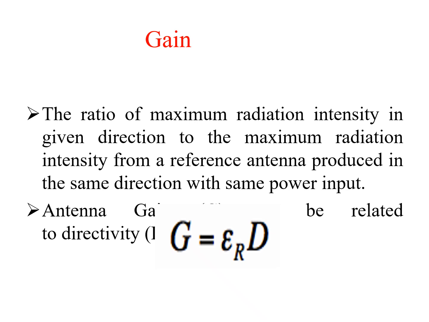The gain also is maximum in the main lobe direction. It is the ratio of maximum radiation intensity in a given direction to the maximum radiation intensity from a reference source produced in the same direction with the same power. This is defined as gain equal to, in terms of the directivity,